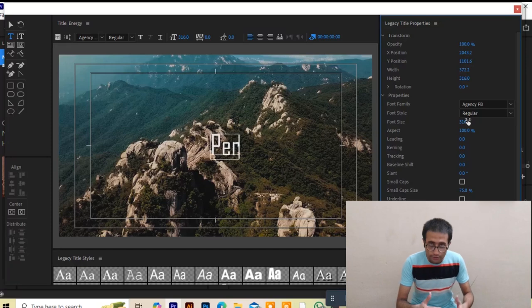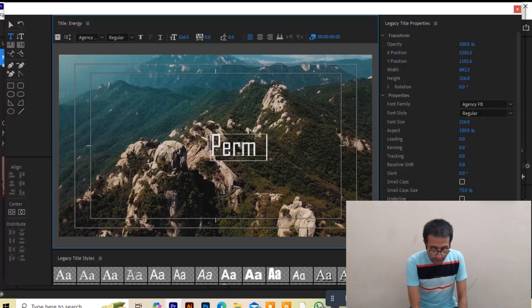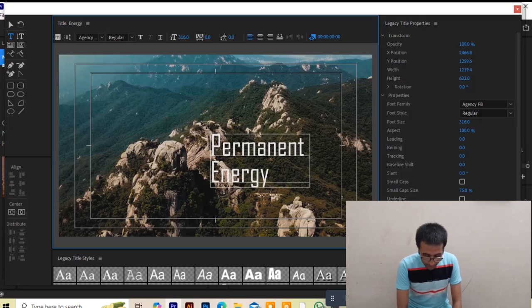So first of all, let us write some text. So let's write a quotation. We were writing a quotation. So when I click on the box, can you guess what I'm writing? If you can guess, you can just write in the comment box what I'm going to write. Just press enter and that is what I was writing. So permanent energy would be just